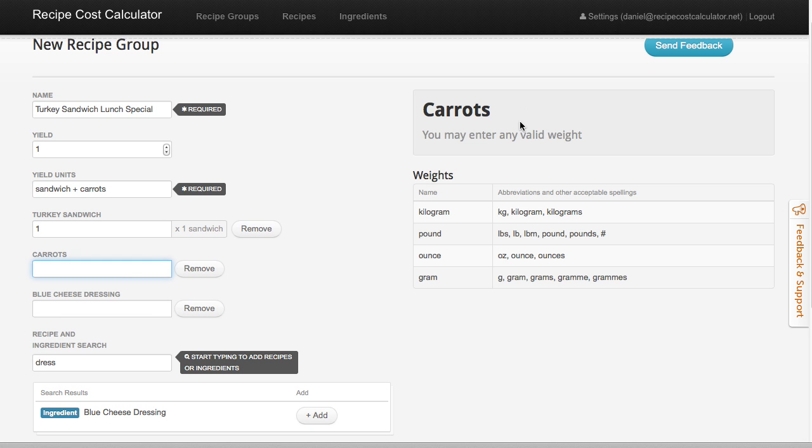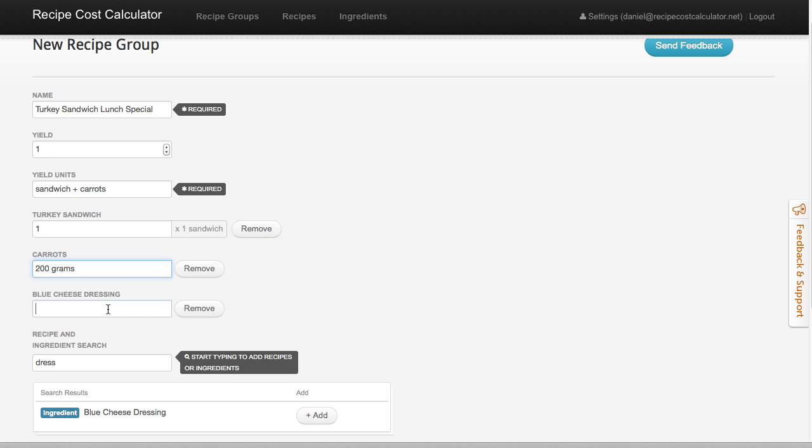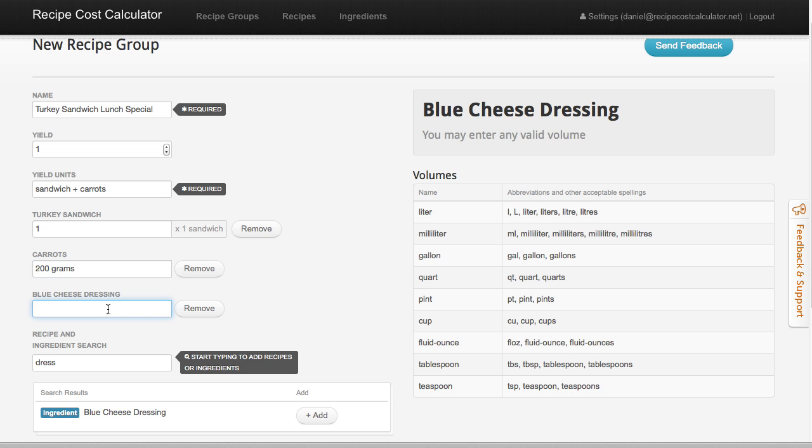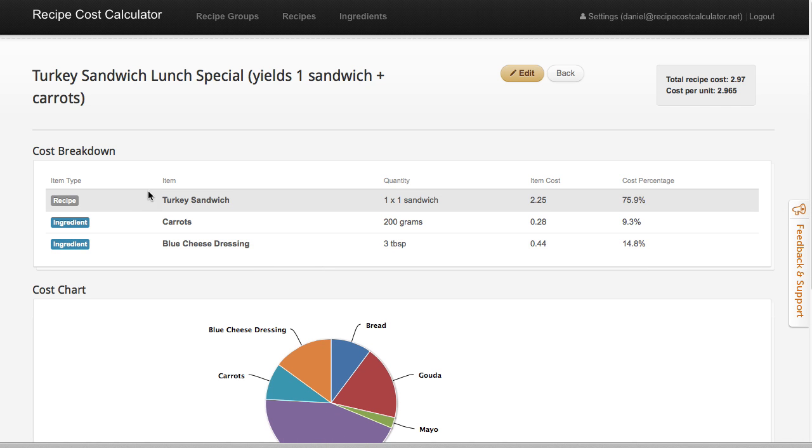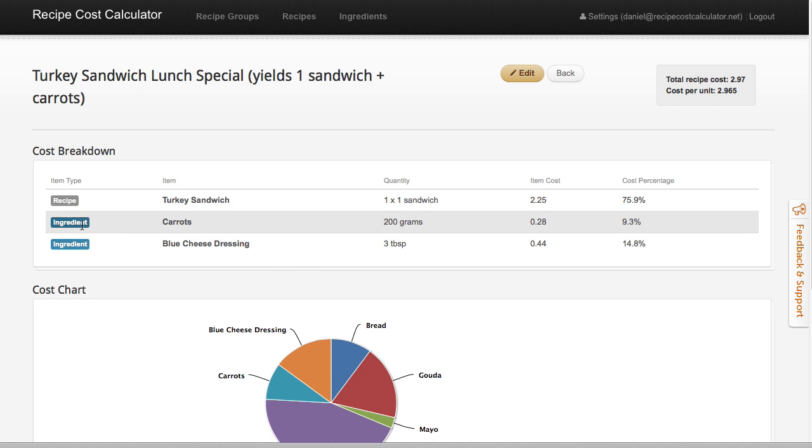So carrots, we defined those as weights as well. So let's just say we serve 200 grams of carrots, and blue cheese, what do we want here? Maybe 3 tablespoons of blue cheese. So if we create this recipe group, now in our recipe group we have a recipe and we have 2